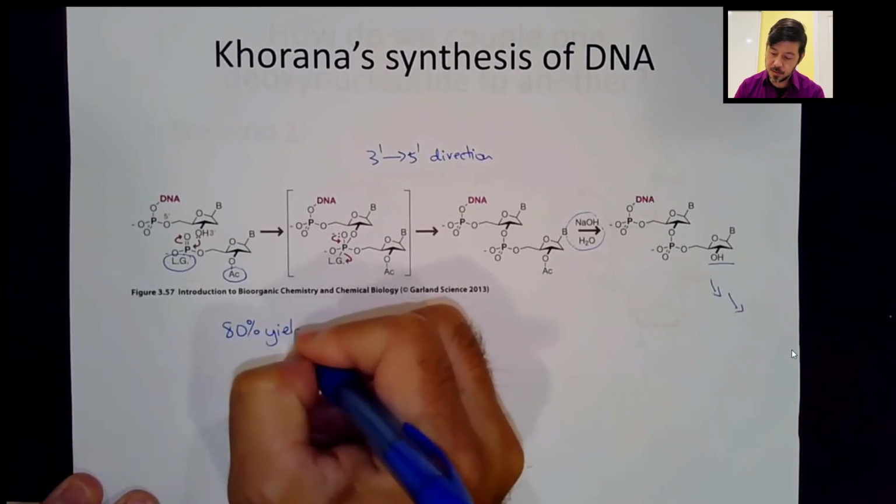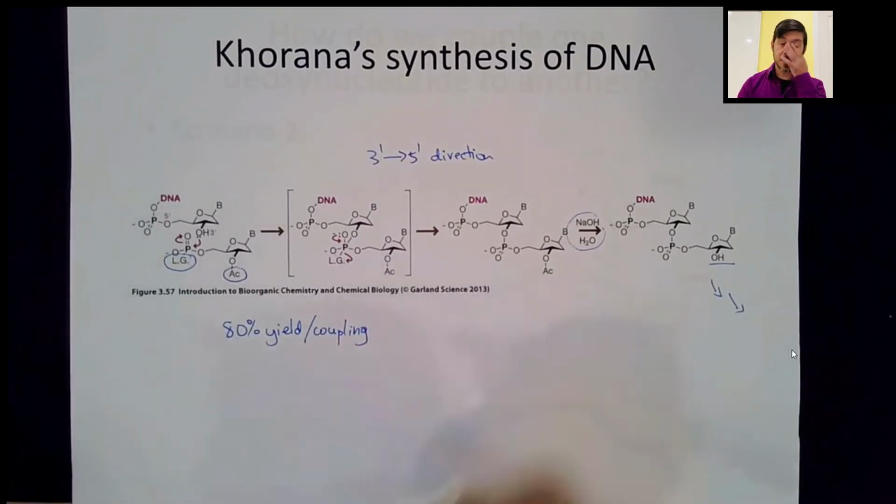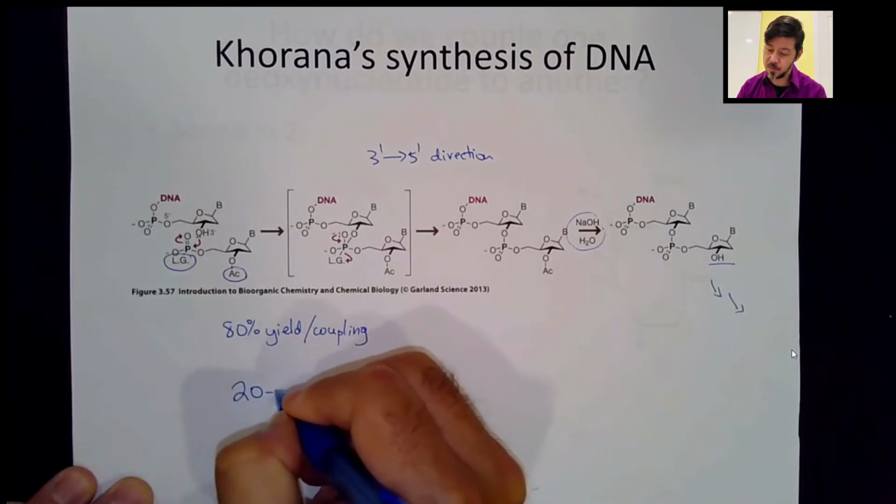yield per coupling. And if you think about that, maybe that's not so bad, right? If you go into your organic chemistry lab now and do a reaction to get 80% yield, you feel pretty happy. That's pretty good, and I would be very happy as well. But the issue with oligonucleotide synthesis, like we also learned with peptide synthesis, is that if you're trying to make something that's more than 1 or 2 units, for example, a 20 mer oligonucleotide,